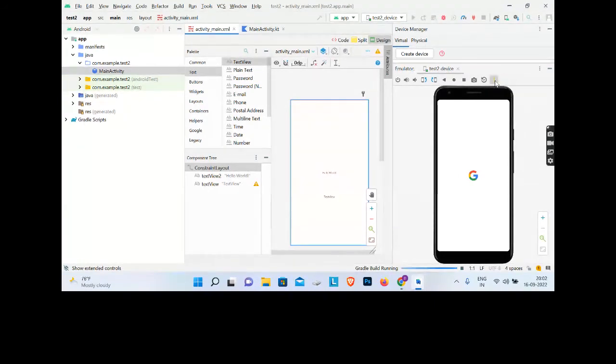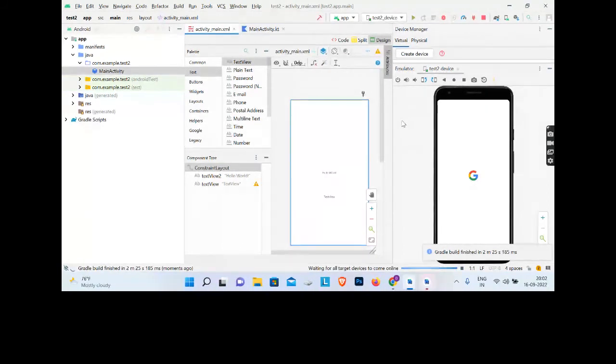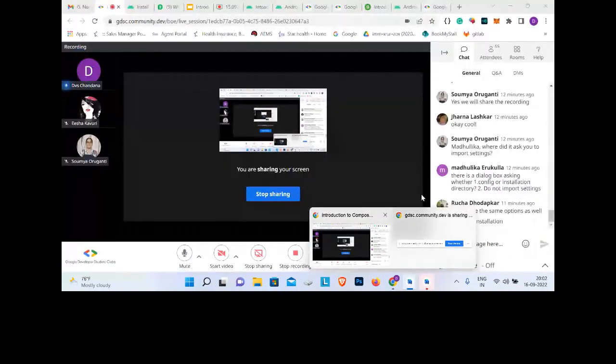I think I will show you this option also. Let the emulator pop up. Okay, it's taking some time. I know we need a lot of patience with this Android Studio. See, it's saying waiting for all the devices to come online. Okay, it's because of the network issue, as I have told you, as I have already been sharing the screen out there and I'm using a lot of tabs. So yeah,